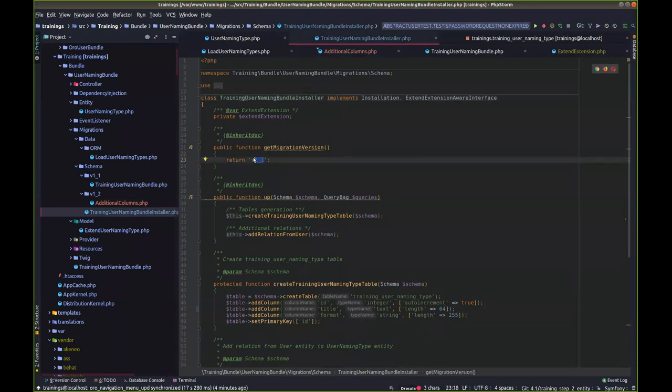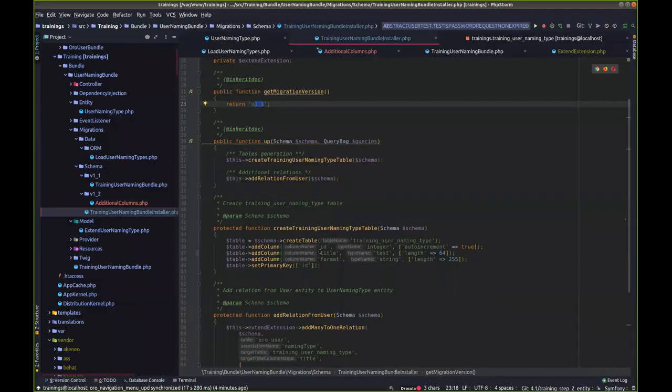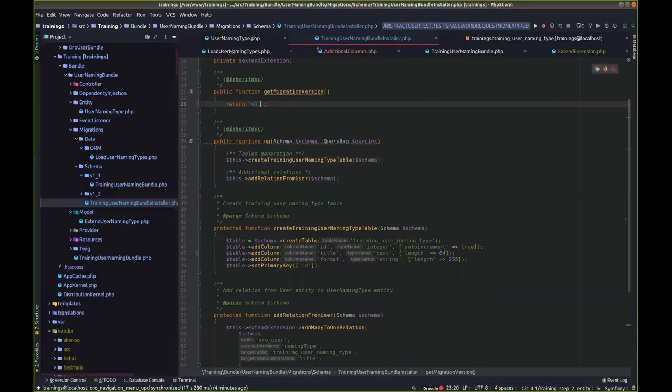version. Okay, but then I open the installer and I'm not sure what is the final data structure for this bundle. I need to go through all the migrations and check it myself. If this is just adding the column, it's okay. But if I would be removing some columns in one migration, adding different columns or changing the types, it really is difficult to go. In this case, all I would have to do is change it to 1.2,